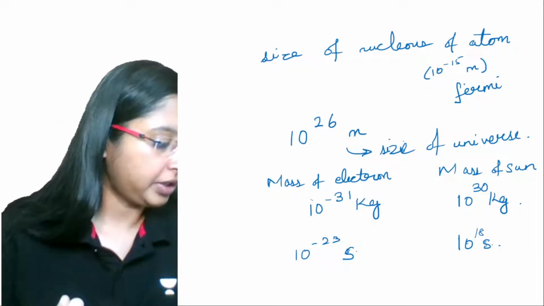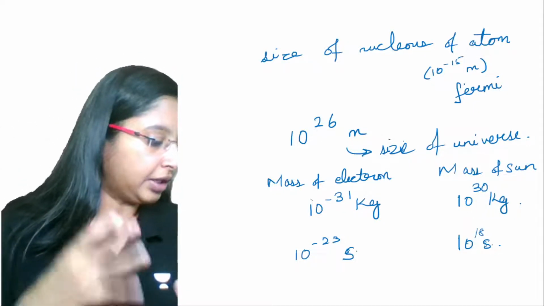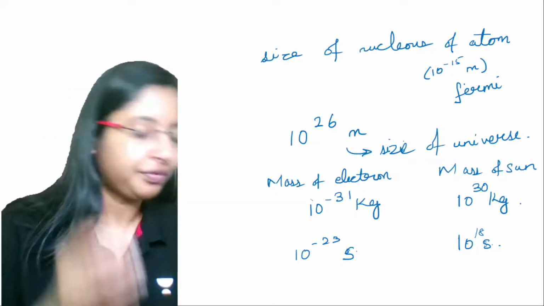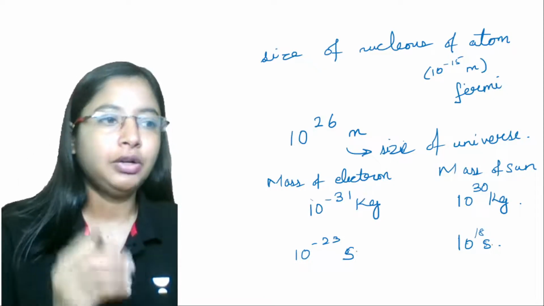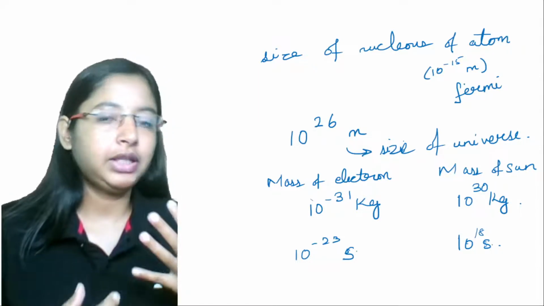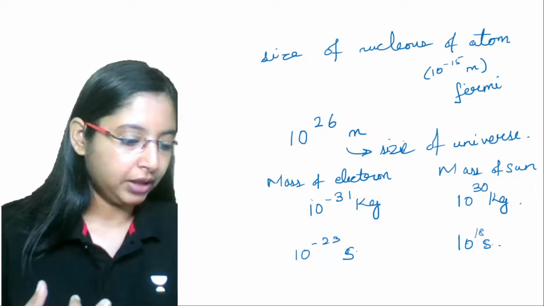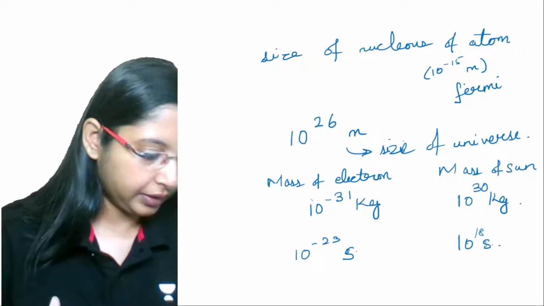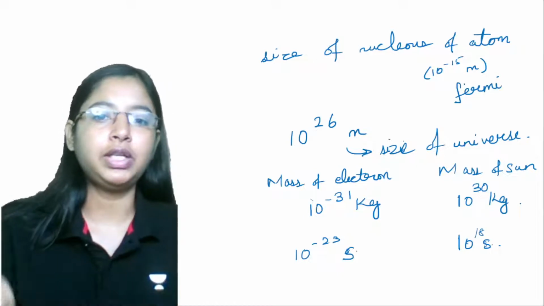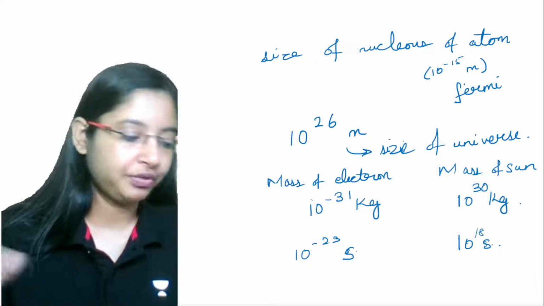Okay. The second point that we usually say is, in spite of the enormous diversity of scales of natural phenomena, all of them can be explained in terms of only a few basic laws. You can explain all of these phenomena using basic laws. The reason why you are able to move on Earth is basically because of gravity, right? And this gravity is the reason why the Earth is going around the sun. So you can use basic laws to explain most of the major phenomena we are seeing around.